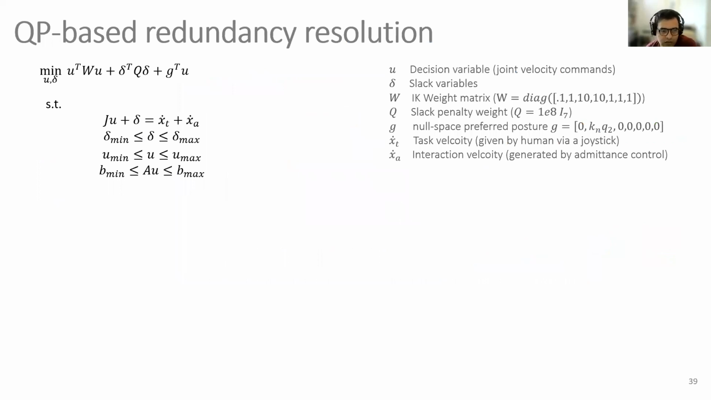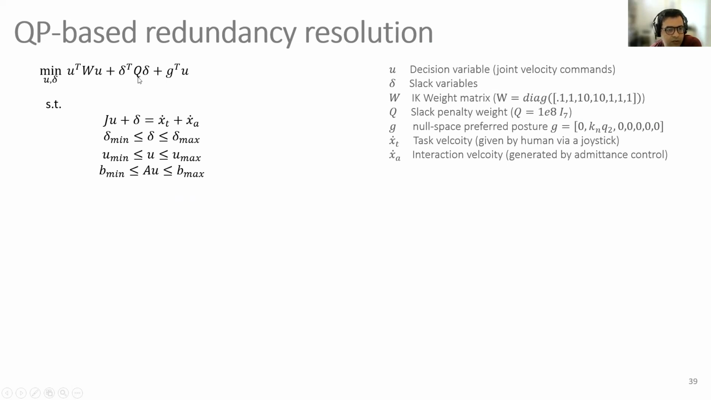So this is the formulation of the controller. u is the decision variable, the joint velocities that we will command to the robot. The inverse kinematic is here the first constraint. This is the slacked version of the inverse kinematic. Here we allow the robot to slightly deviate from the task,